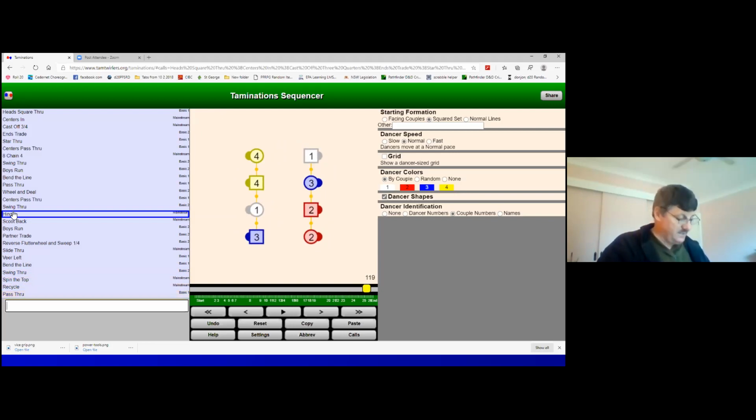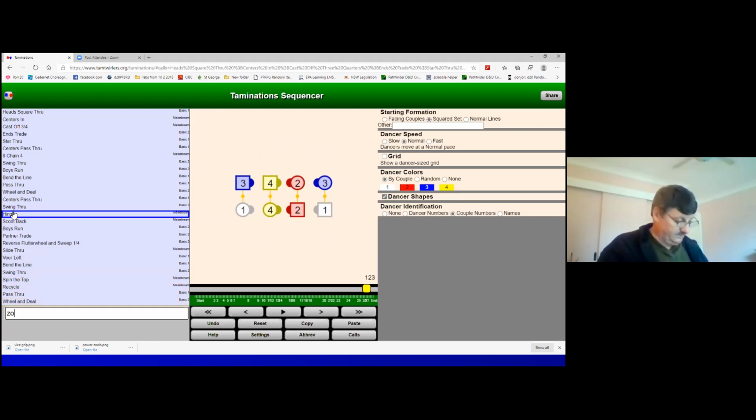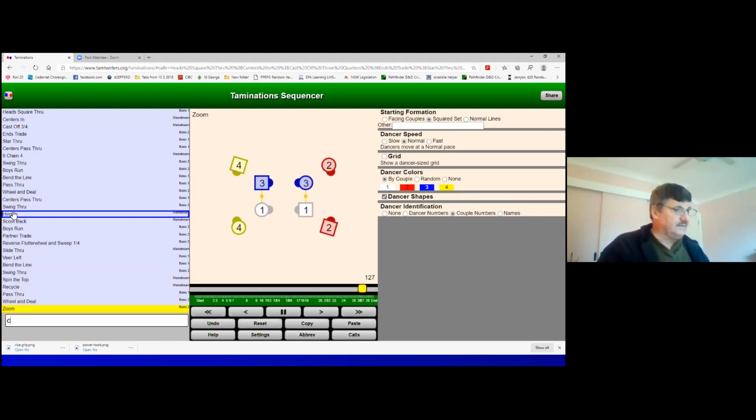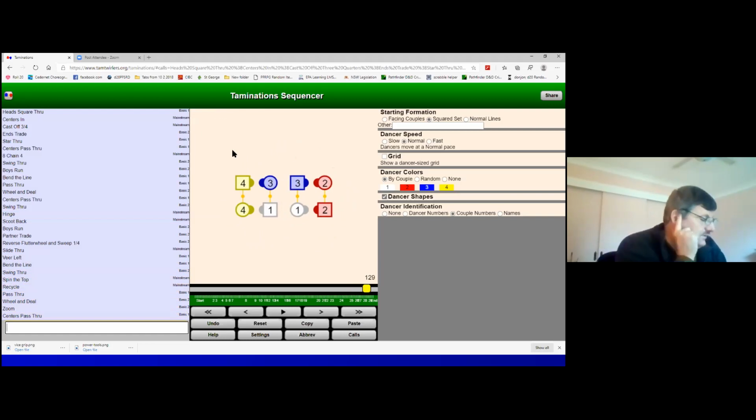Now here's where I need to interact. Wheel and deal, zoom, and they're still together. Those are little things that you can see, for instance, from lines: pass through, wheel and deal, zoom,